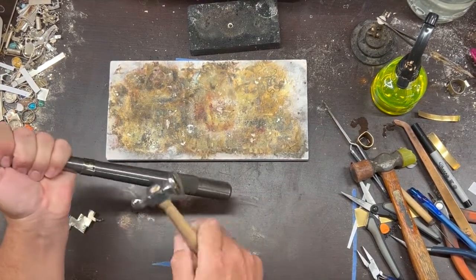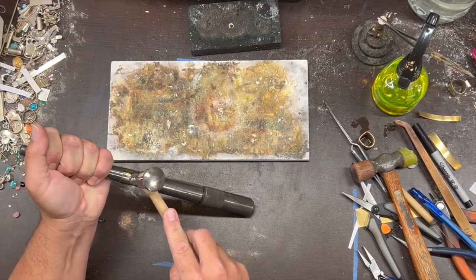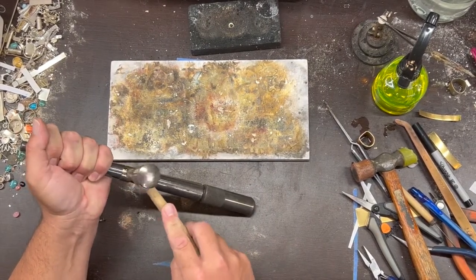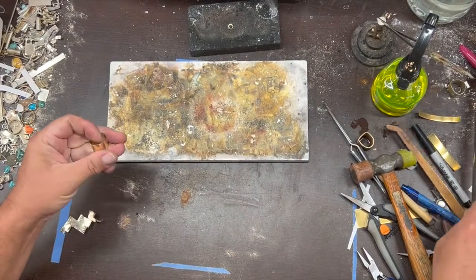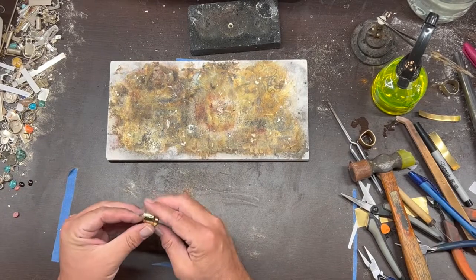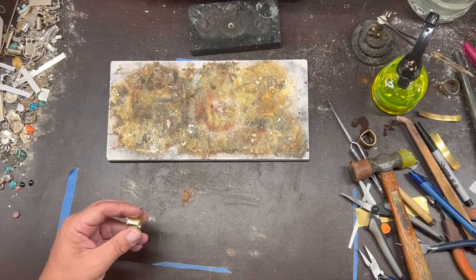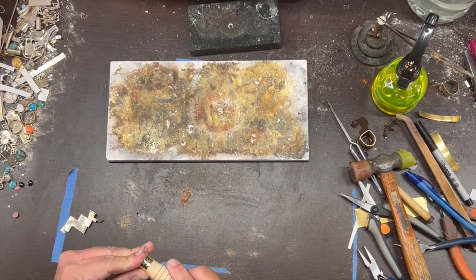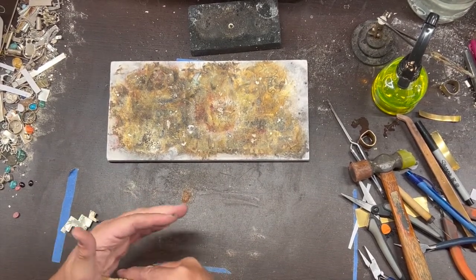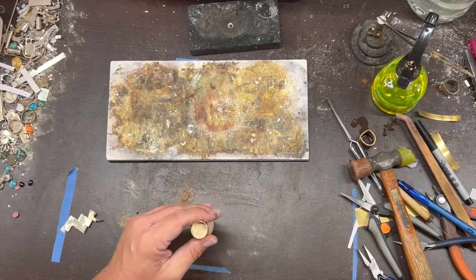But what I'll do is I'll just basically I kind of like adding some texture to things once in a while, so alright, now the trick is getting this over this thing here. So you can probably just use a plastic container or